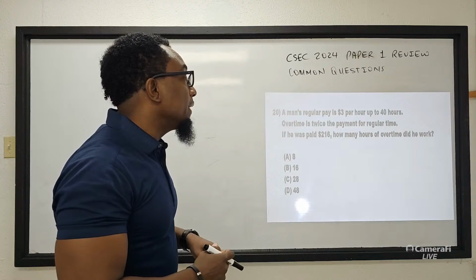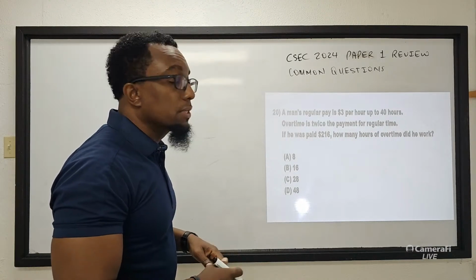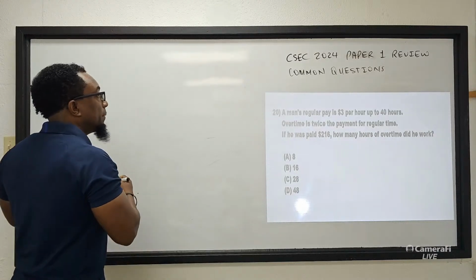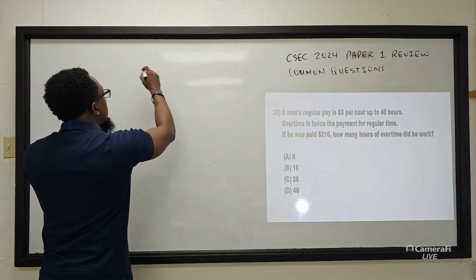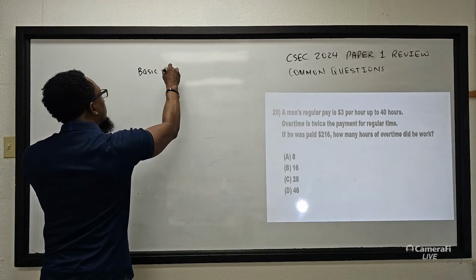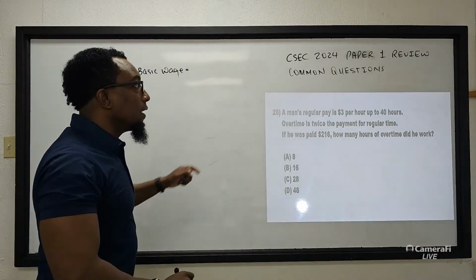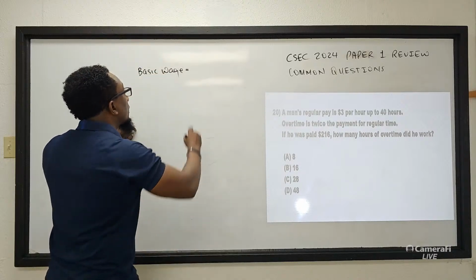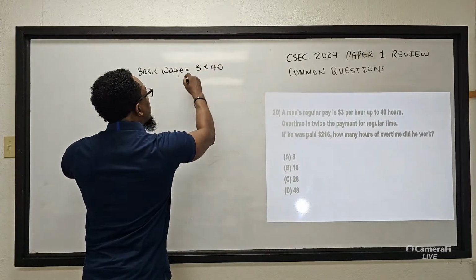So that regular pay is the same as what we call the basic wage. So his basic wage will be how much he's paid per hour multiplied by the number of hours worked. 3 by 40, which is